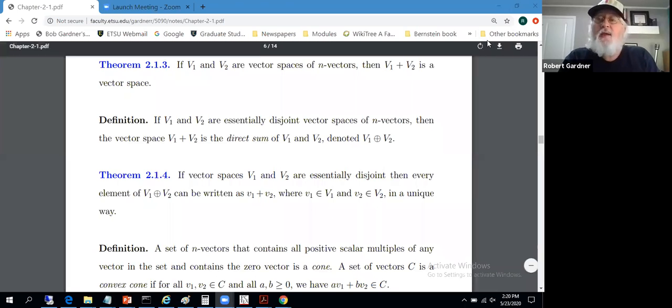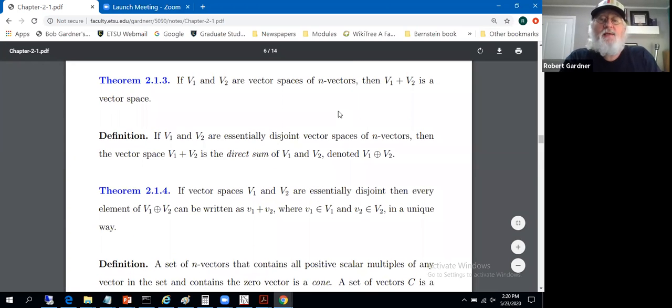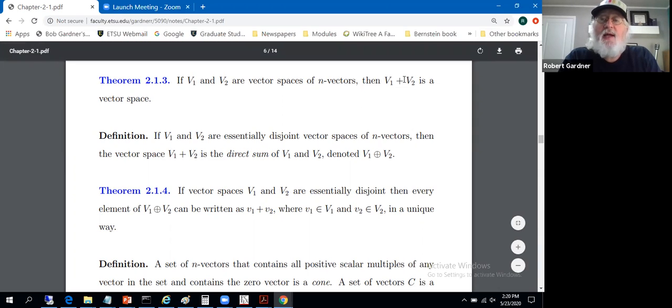All right, continuing and picking up where we left off in the last video. We've shown that if V1 and V2 are vector spaces, subspaces of Rn, our setting, then V1 plus V2 is also a vector space. That is the collection of all sums of a vector from this vector space plus a vector from that vector